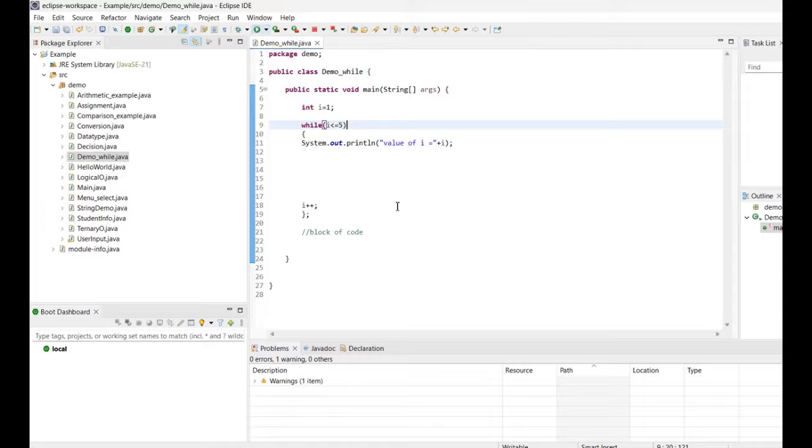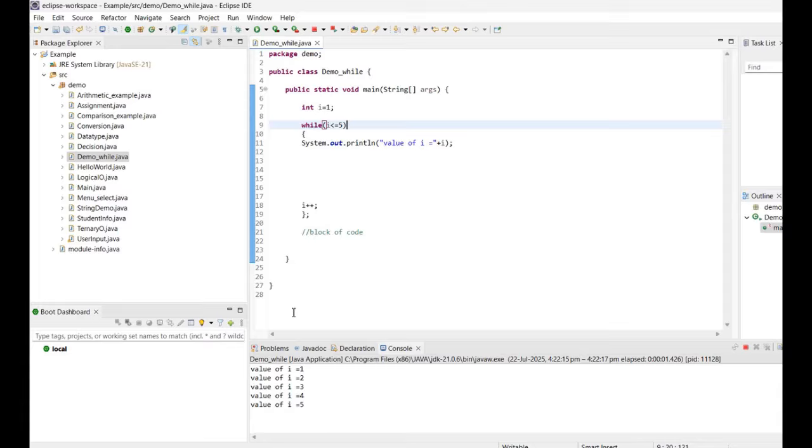So when we run this program, it checks that if the value of I is 1, it is printed, 2 it is printed, 3 it is printed, 4 it is printed, 5 it is printed, and when it becomes 6, it comes out of the code. But I am here going to explain another loop, that is the do while loop, which says